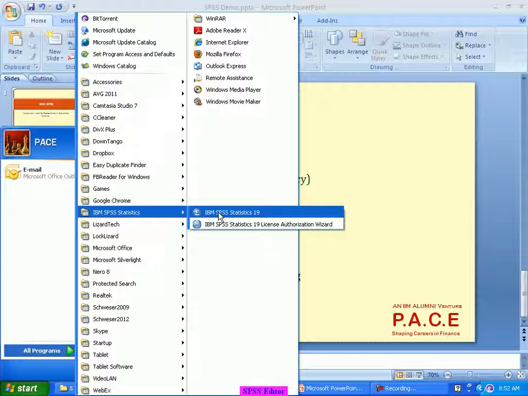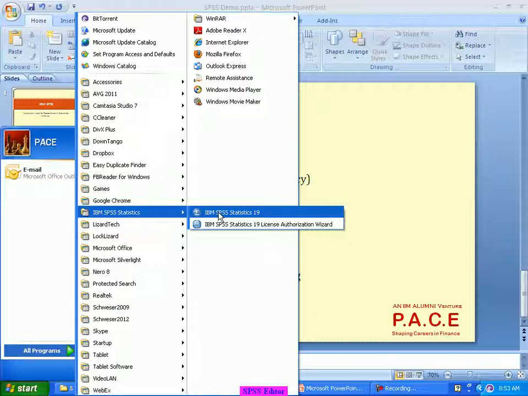except that 20 and 21 require processor speeds to be much higher, and RAM to be much higher. That is what is becoming the requirement for SPSS 20 and later versions. But as far as our business usage and our tests are concerned, there is not much of a difference between any version from 17 onwards, because from the 18th version it became an IBM product, and from then onwards it has constantly been upgraded with every new enhancement in the world of statistics.